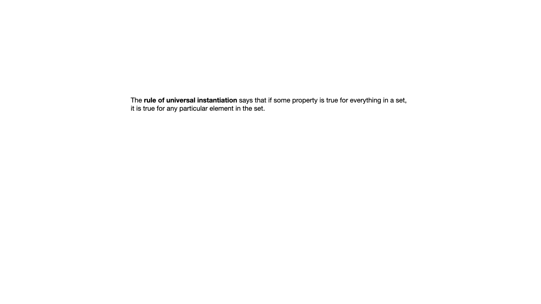So if you remember back to chapter 2, one of the things we talked about with arguments was modus ponens and modus tollens as two very important examples of valid arguments. So let's look at a variation on modus ponens. This says all math courses are challenging. Discrete mathematics is a math course, therefore discrete mathematics is challenging. Okay, so this is a type of modus ponens argument.